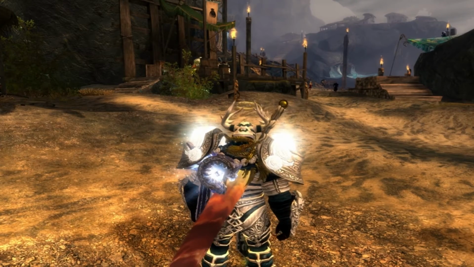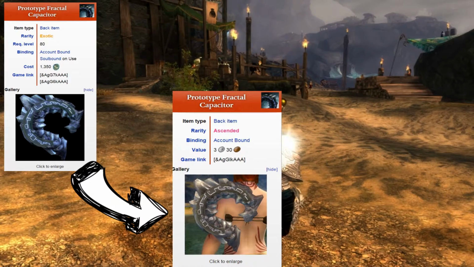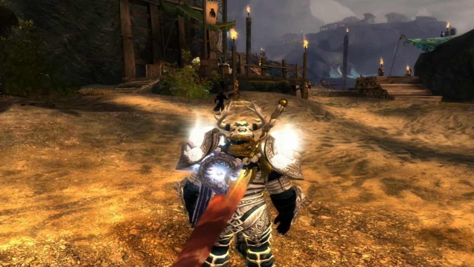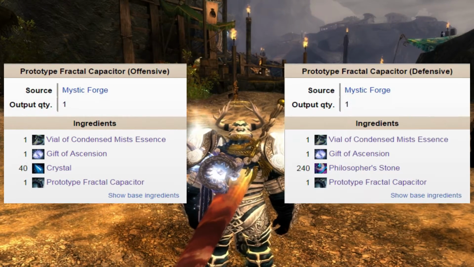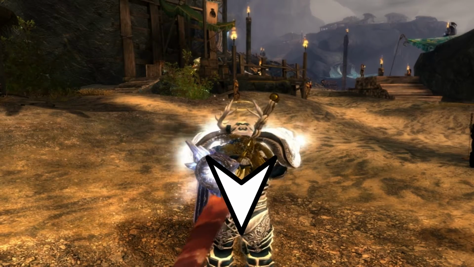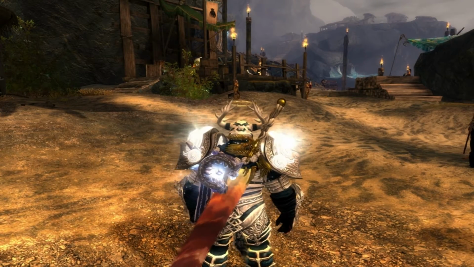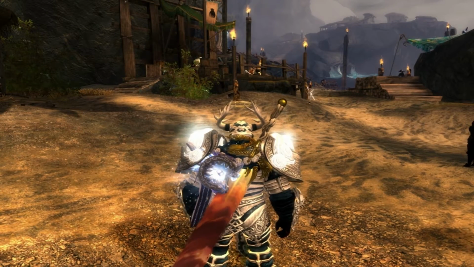So basically all you're trying to do is upgrade that fractal backpiece that you got into the Ascended version. And basically you have two choices here. Do you want to make the backpiece that has an offensive infusion slot, or do you want the backpiece that has the defensive infusion slot? So for the sake of making this video short, I'll give you guys a link to a wiki page that actually gives you a breakdown of all the offensive infusion slots that you can get, and all the defensive and the types of infusions and all that stuff,